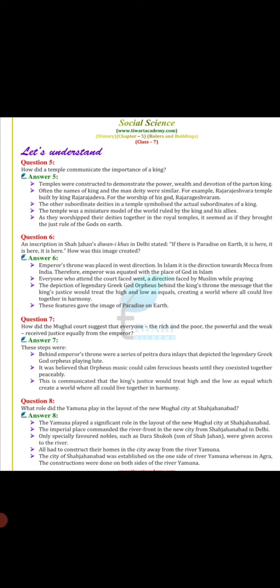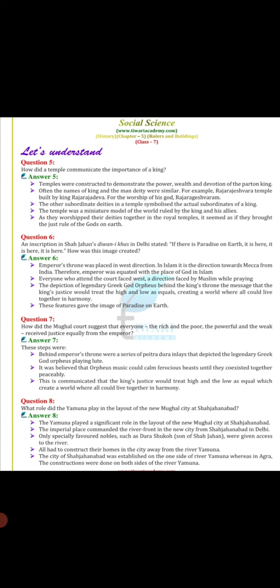Question 6, an inscription in Shah Jahan's Diwan-i-Khas in Delhi stated, "If there is paradise on earth, it is here, it is here, it is here." How was this image created? Answer: